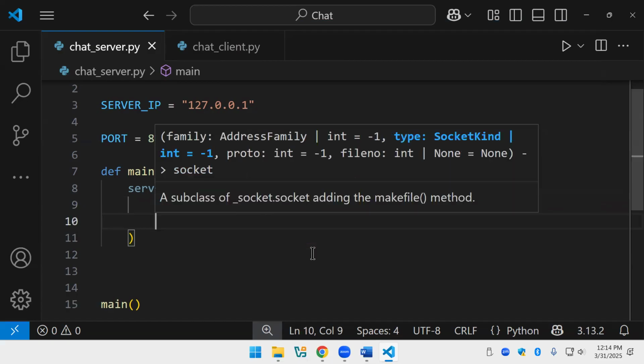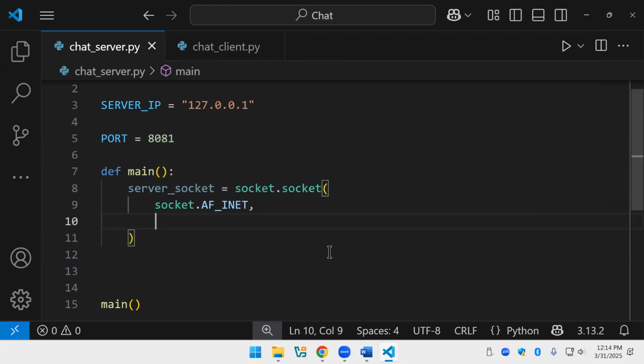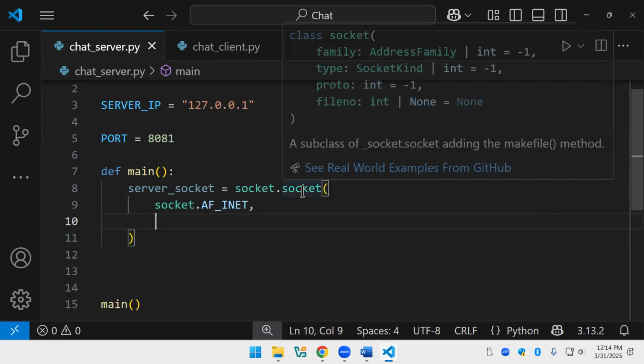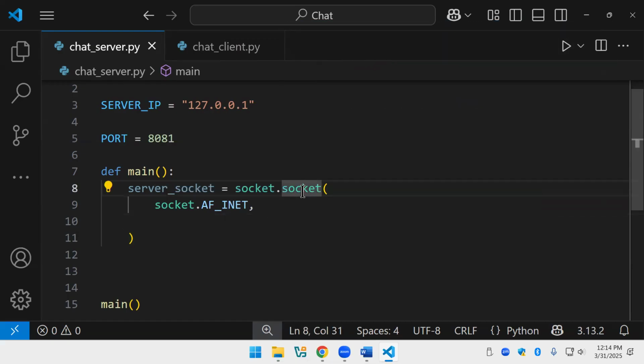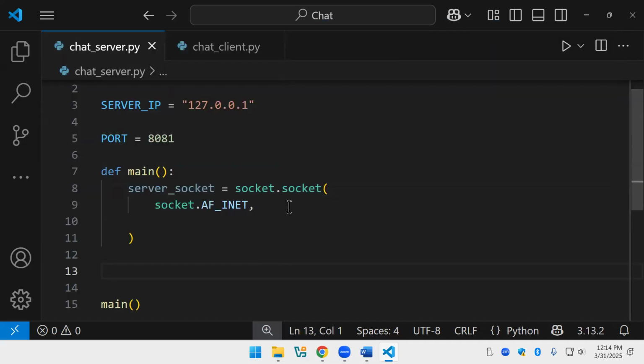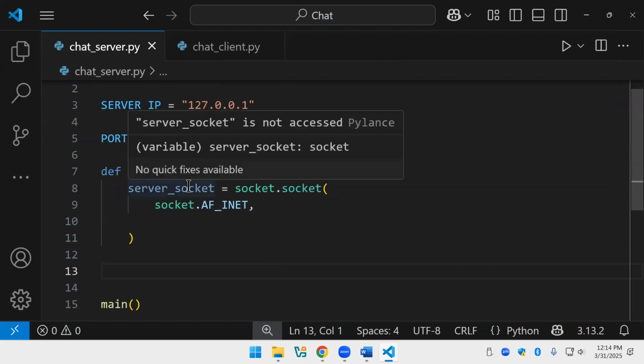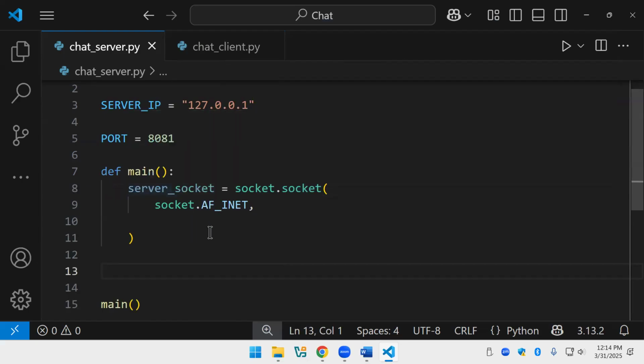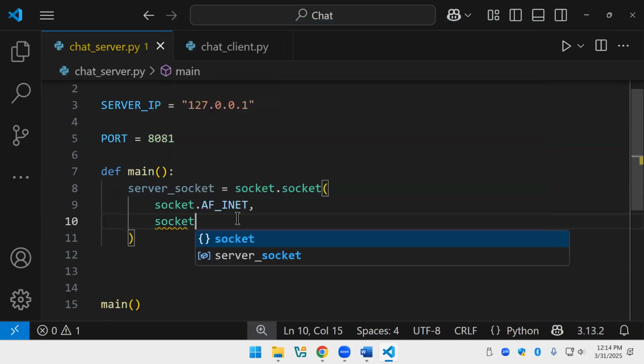And we do a comma because we have more than one argument. This is an argument going into this OOP, right? Right now we're talking about OOP earlier. This is a class. Socket's a class. This is an object that allows us to work with all the code that's in the socket class. And then we need to set another parameter,